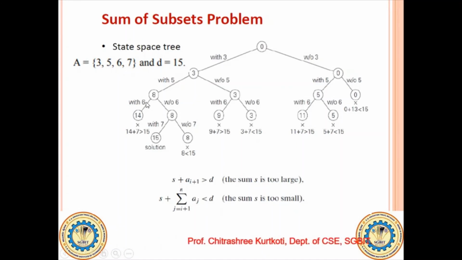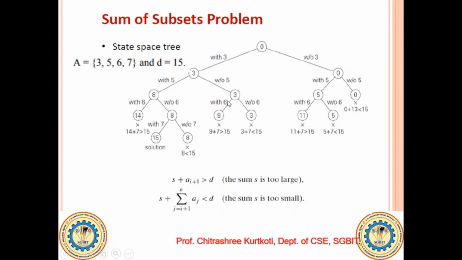Next, here also we saw with 6 and without 6. Without 6 led us to the solution. Then with 6 is a non-promising node. Next, trace back. So here with 5 we have considered, that is the second element. Now without 5 we'll check. So with 3 and without 5. Let us not consider this 5, then the sum will be 3 only, because 0 plus 3 is 3, and we have not considered the second element, but we will consider the third element.